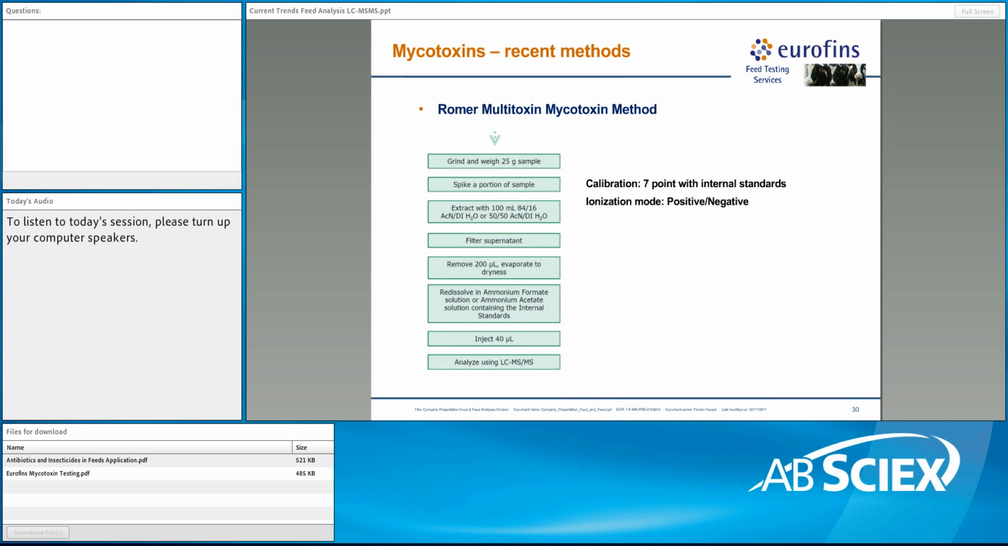A recent method of note that has been published is the Romer multitoxin method, which was published in 2012. Romer Labs released a method for the 6 major cereal mycotoxins using simple extractions and LC-MS/MS determination. The method used a series of internal standards to adjust for matrix suppression in a variety of samples that the